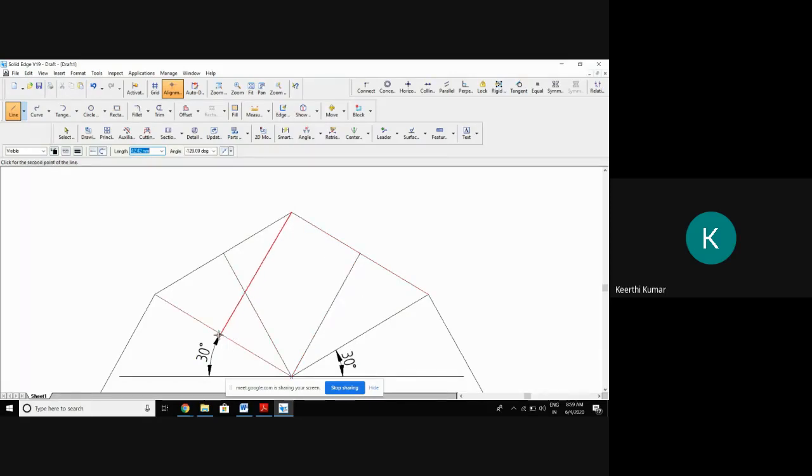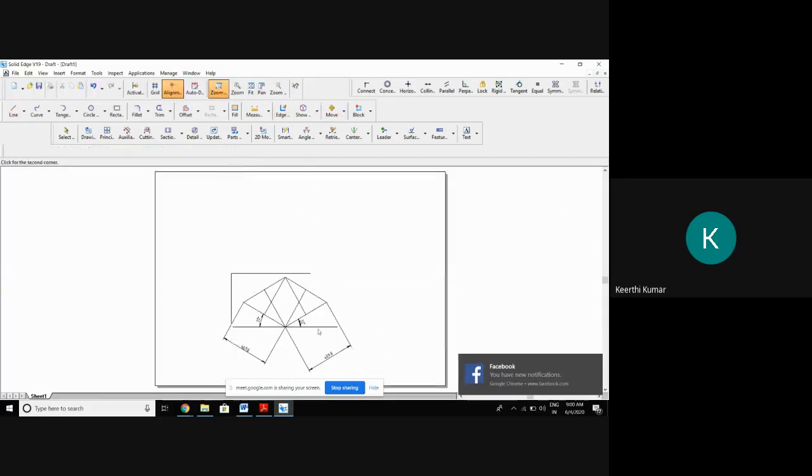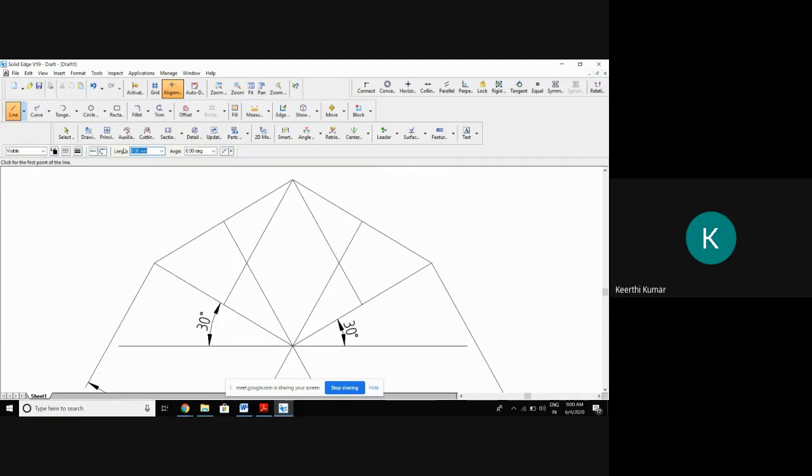Yesterday we did this. See, wherever ellipse comes, wherever we want to put a circle in the form of ellipse, we are supposed to do the same procedure. Same procedure to be followed. 60 into 0.8164 at an angle of 30 degrees each. Then draw parallel, parallel. You'll get this.